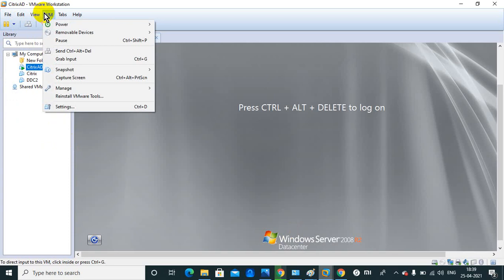So from that template I can create the machines automatically. Suppose I'm creating a template, I have installed the Windows OS. I did not make any configuration, because if I make the configuration on that machine, every time I will get the same machine with the same configuration.